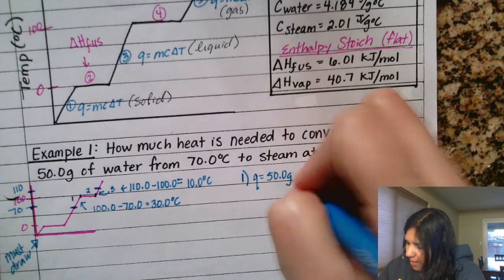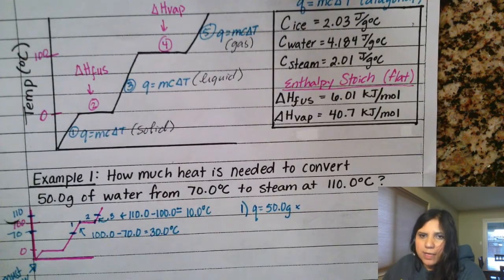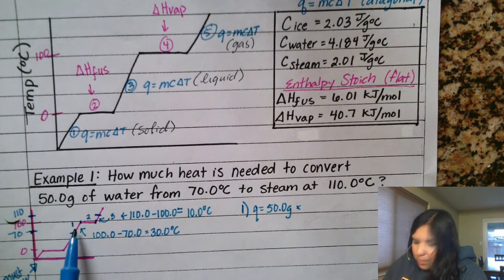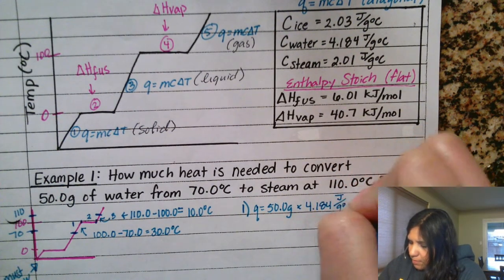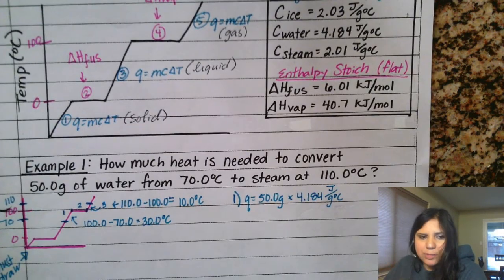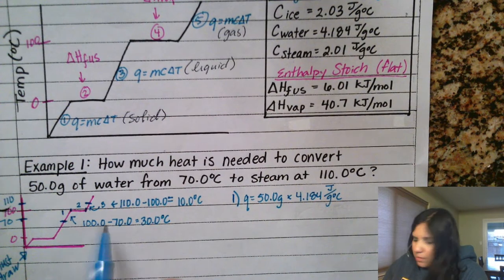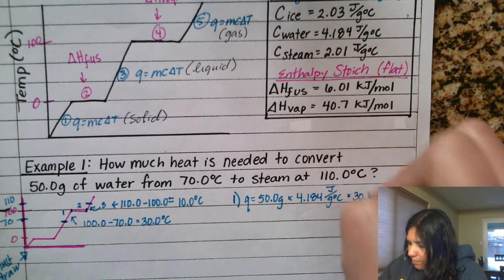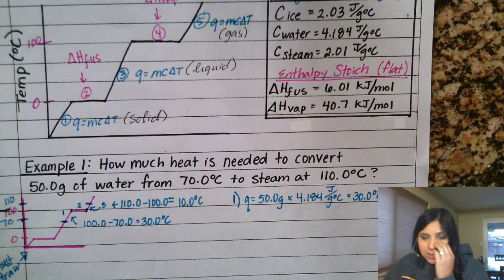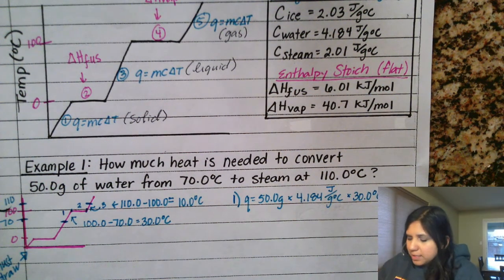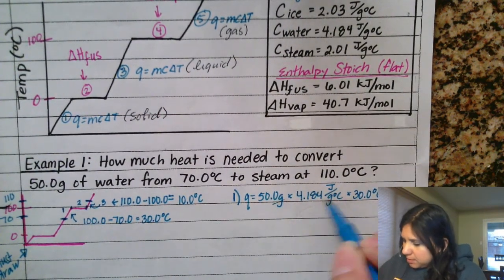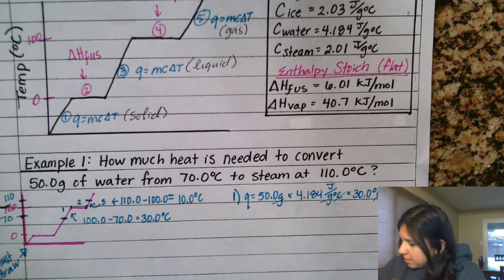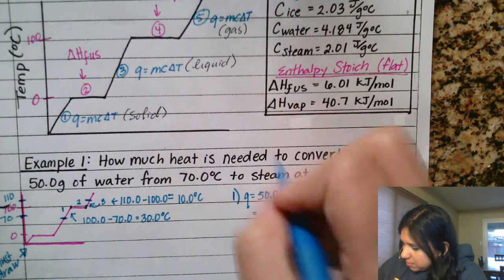Times C. I have 3 different C's. Which C do I use? Well, I use the C that's for this part of the graph right here, which is water. So that's 4.184 joules per gram degrees Celsius. Okay, and then the temperature change for this little segment here is 30 degrees. Okay, do not be tempted to do the entire temperature change. We're only looking at the segment, which is why you have to draw this. Okay, so then we'll cancel units and then solve,